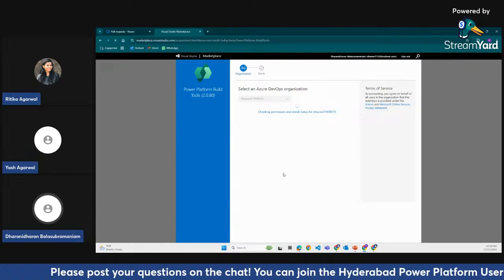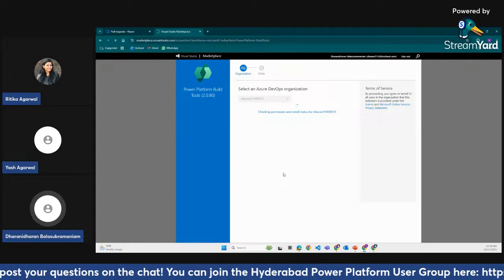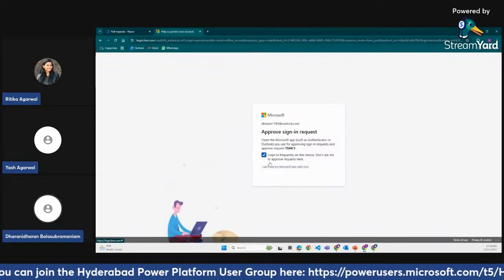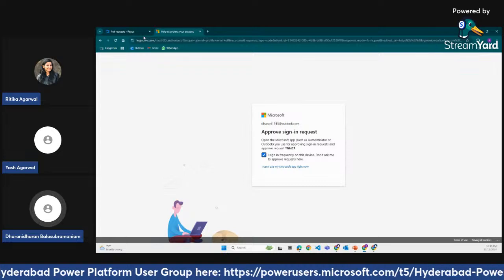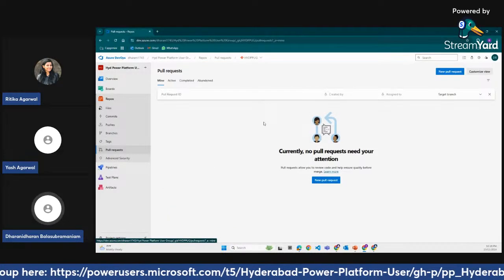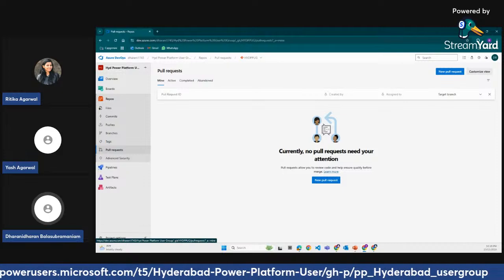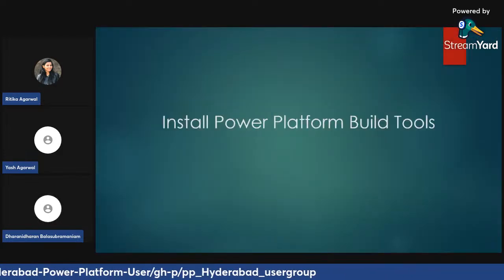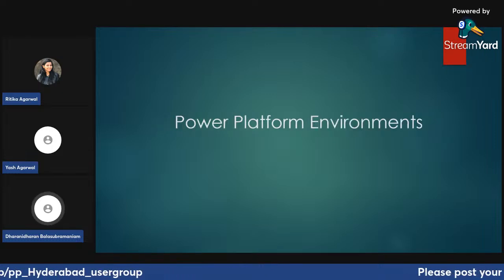By clicking on the install button, the Power Platform Build Tools will get deployed into the Azure DevOps environment. In the interest of time, I'm just closing this and I will quickly go to the environment strategy.